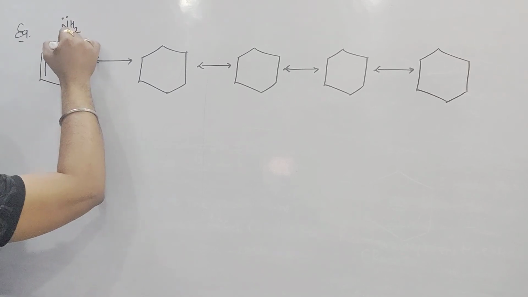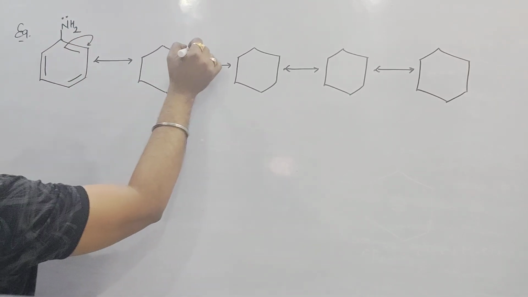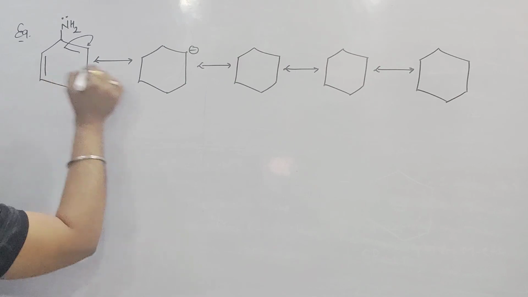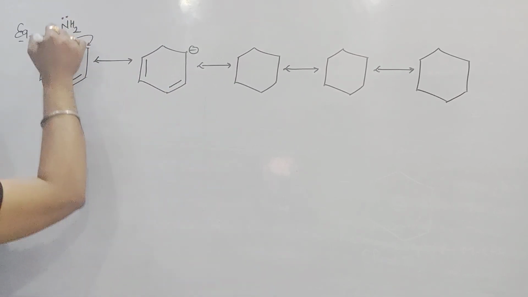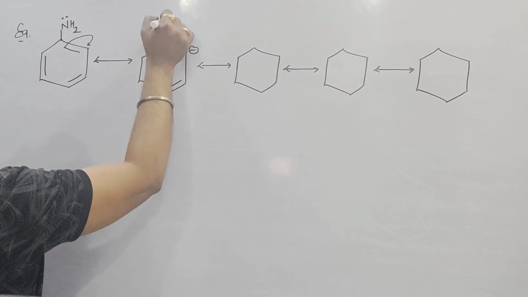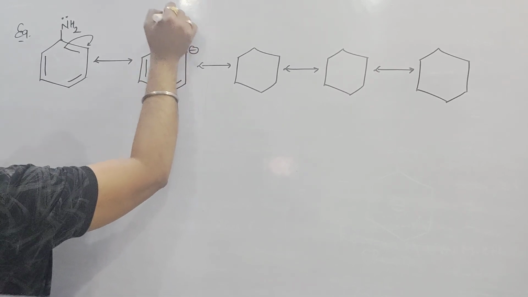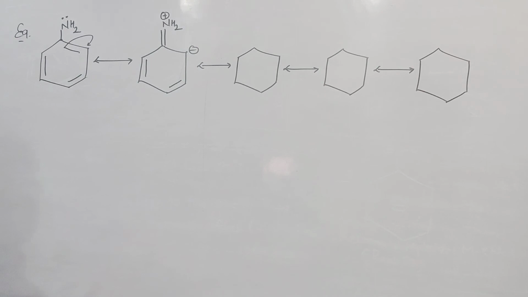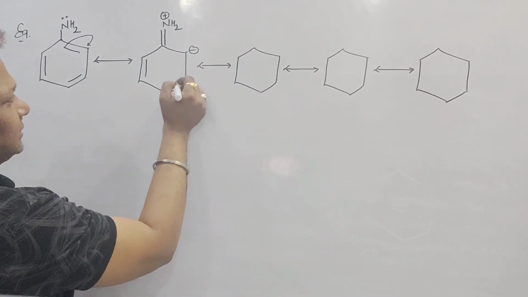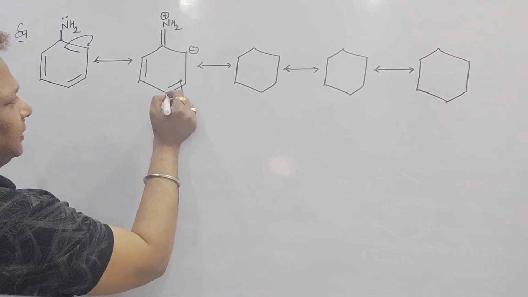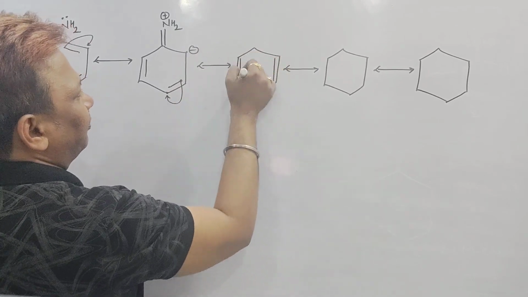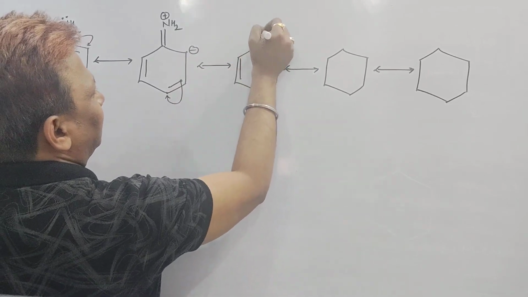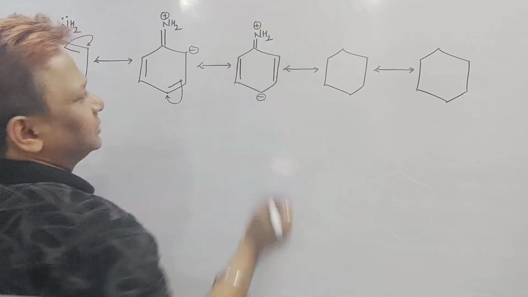See what I have. It is a donor. This pi bond shifted to here, I will get negative. Then these 2 pi bonds will be as they are, and I will get positive. Nitrogen donates its lone pair to here, one of the electrons, and I get a positive charge here. So this pi electron is there, but it will shift to this carbon. It will get negative. Positive and negative will make a pi bond, then double bond, NH2, and it will get positive.